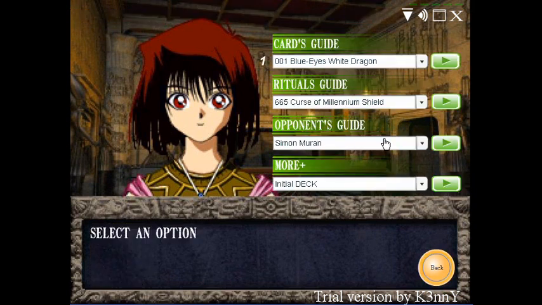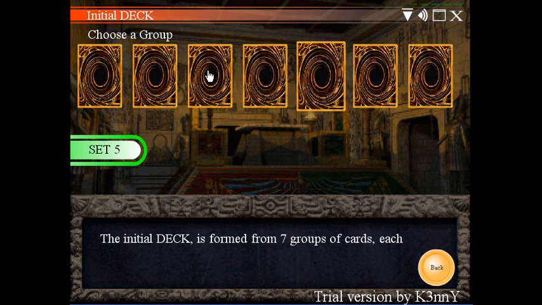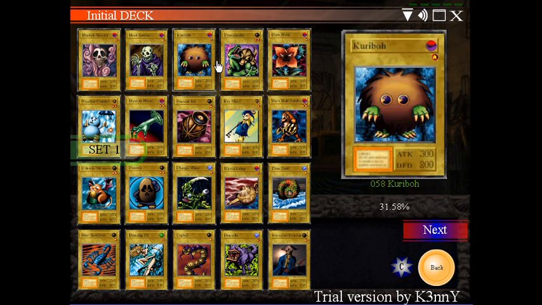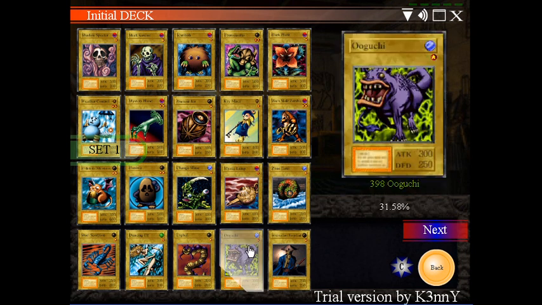And now we're going to take a look at more. Initial deck. A bit hard to explain this, but there are 7 sets. Set 1: 16 cards from this set. Level 2, 1 or 2 monsters with around 600 attack and defense, or lower. 16 cards out of 40 are